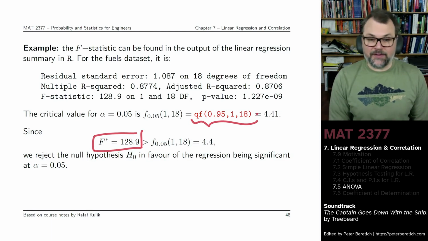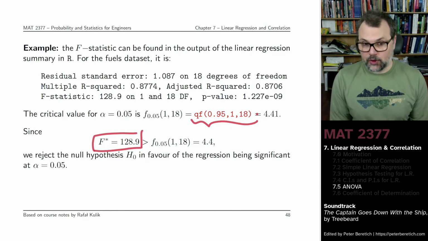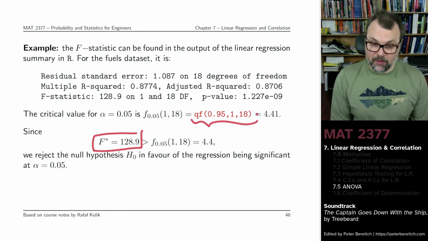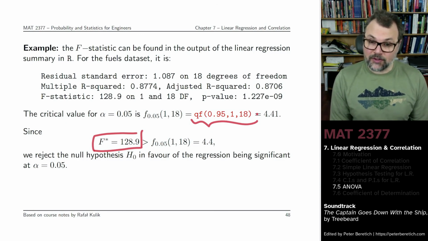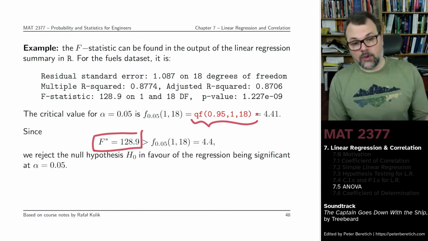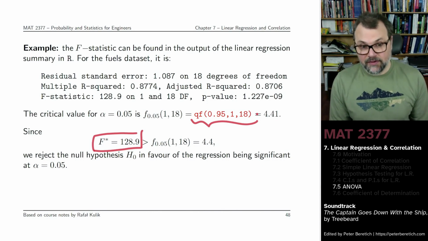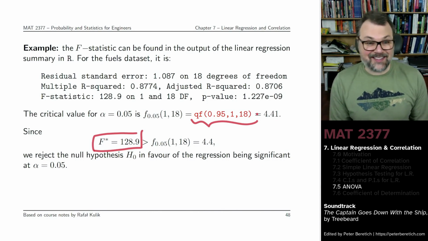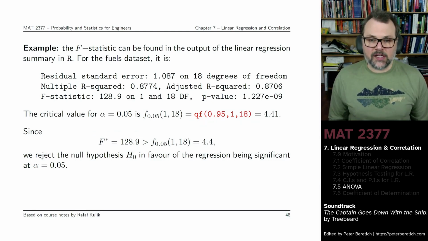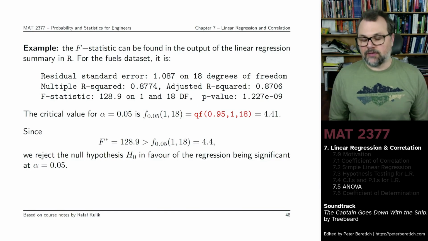Because the F statistic is in the rejection region, the critical region, we reject the null hypothesis in favor of the alternative hypothesis that the regression is actually significant when we work at the 5% confidence level. But you could decrease the value of alpha here quite a lot and still reject the null hypothesis. The data that we have so clearly supports the significance of the linear